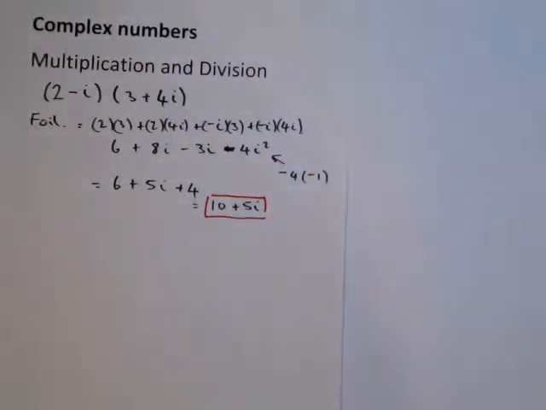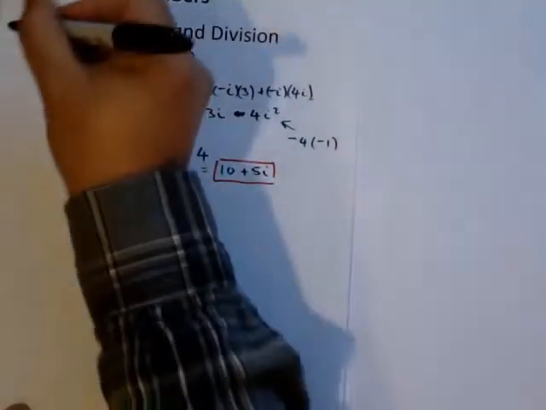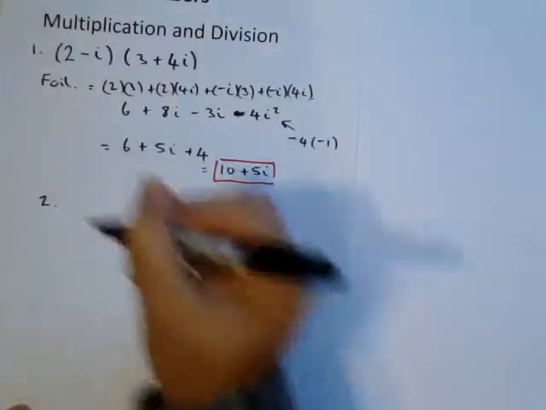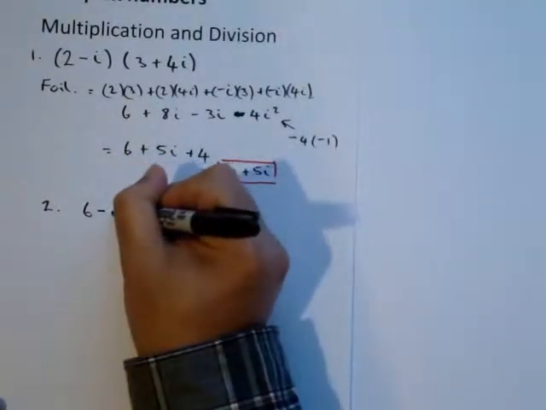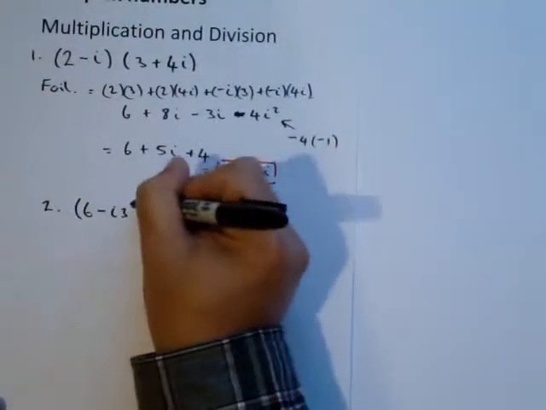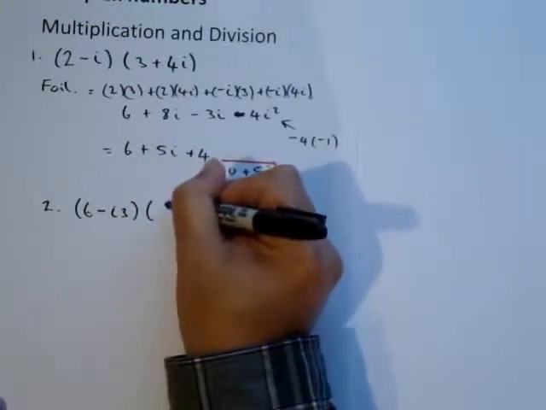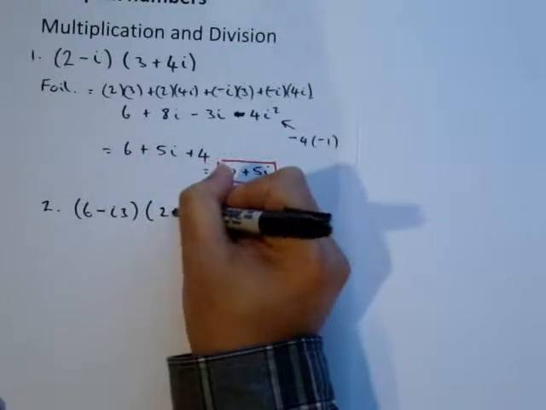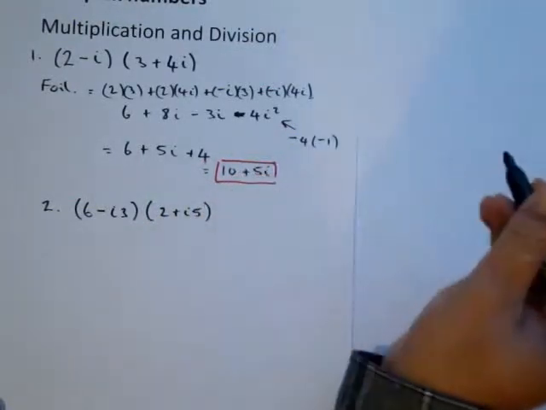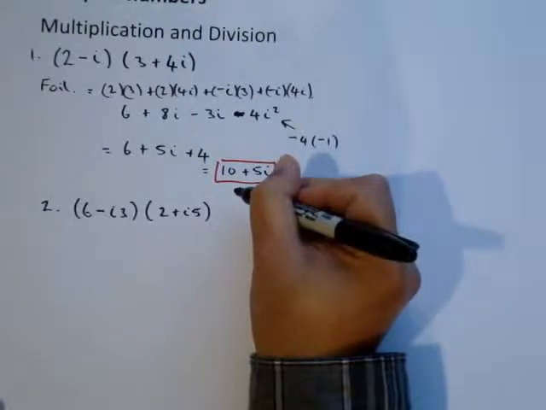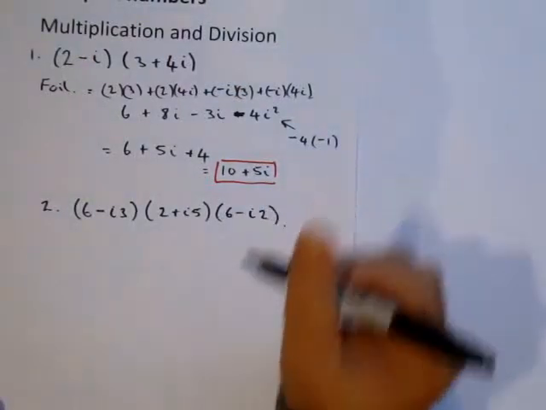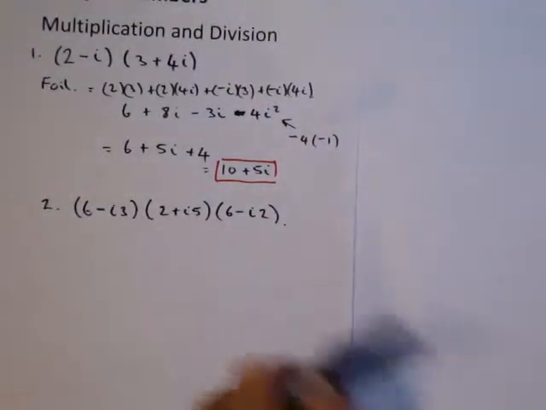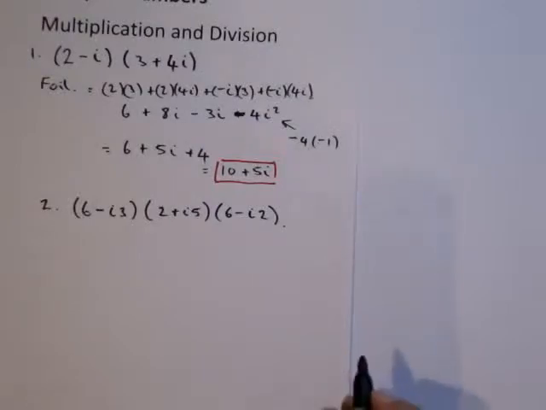Okay, so let's have a look at a slightly more complex one. So that was number 1. And number 2, if we had 6 minus i3 multiplied by 2 plus i5 and multiplied by 6 minus i2. Okay, so let's FOIL out the first 2 brackets, and we get